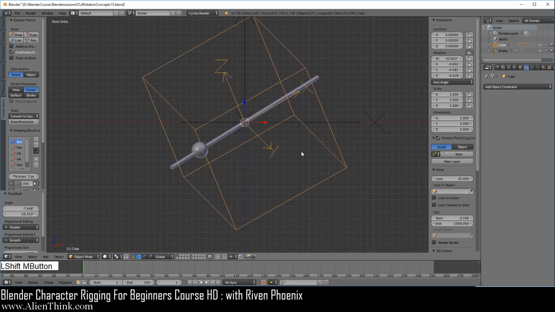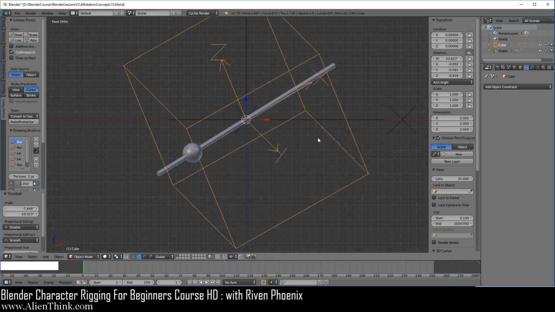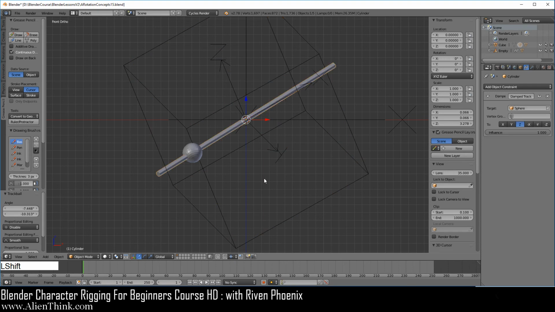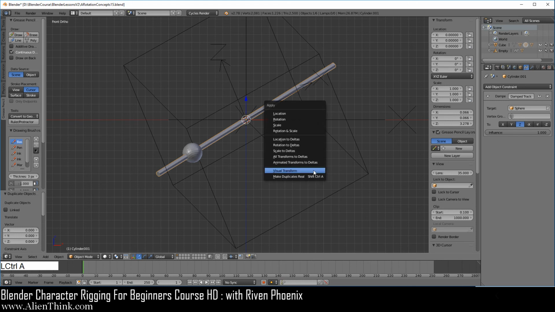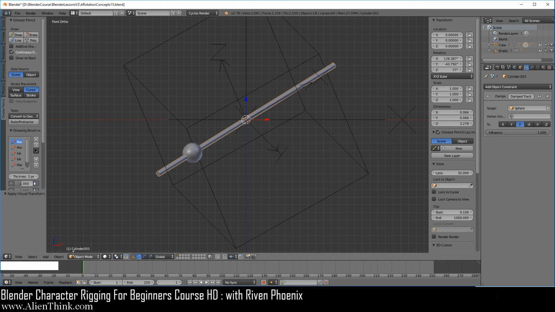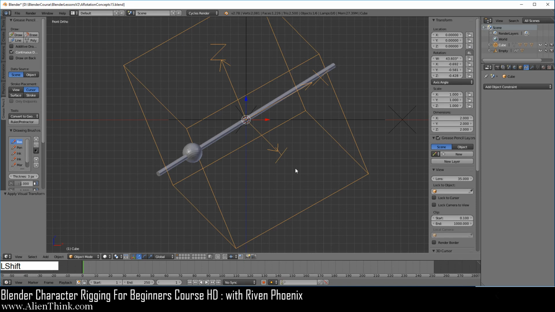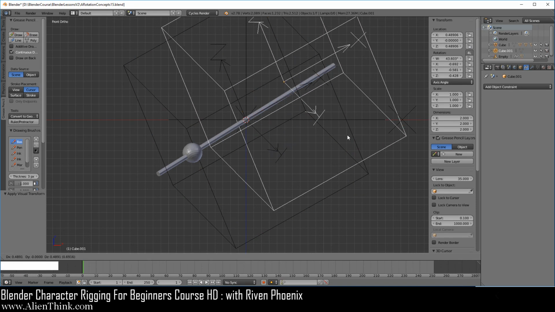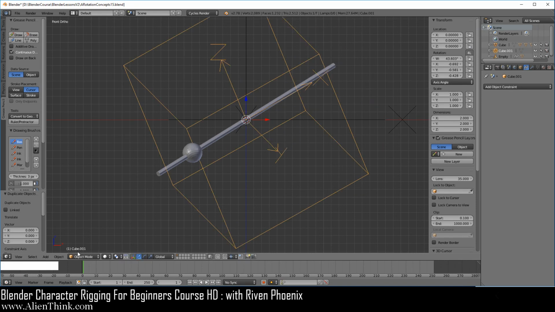Okay, so to make sense out of this, first we're going to click on this pole, do Shift D to duplicate it, right click to cancel, do Control A and do visual transform. Notice the name of this duplicated object. Now go ahead and turn off the jump track. In the same way, click on this cube, do Shift D to duplicate it, and then right click to cancel. Notice the name of this cube.